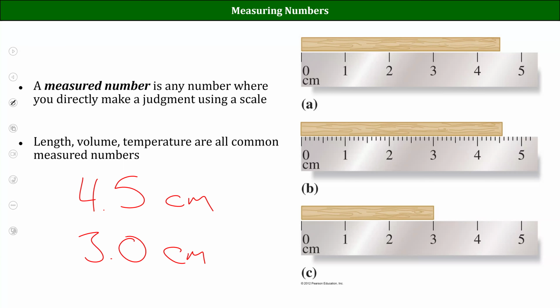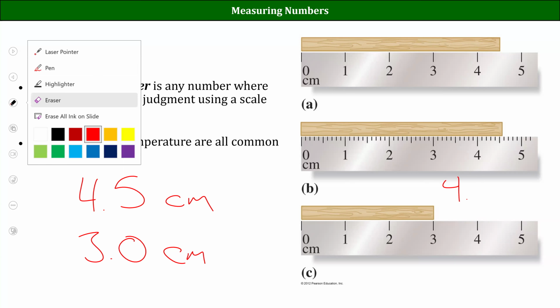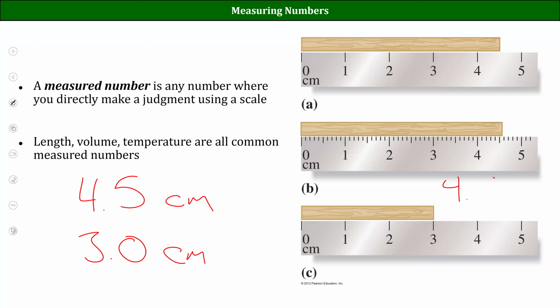So we might look at this and say, well, I'm definitely sure about the ones place. And I'm definitely sure it's between 4.5 and 4.6. So I'm certain about the tenths place. Sorry, should be a 5. It's 4.5 something. And then we use our judgment. And then we estimate that last spot,